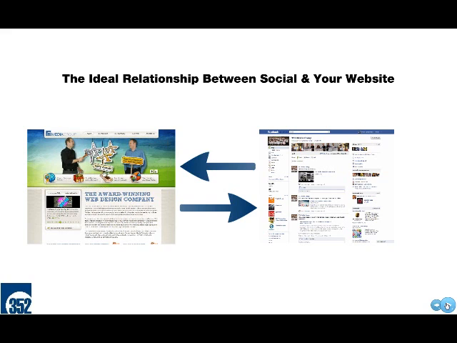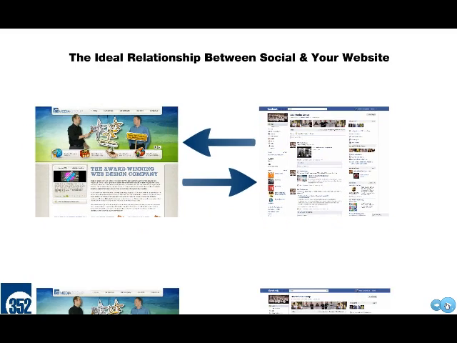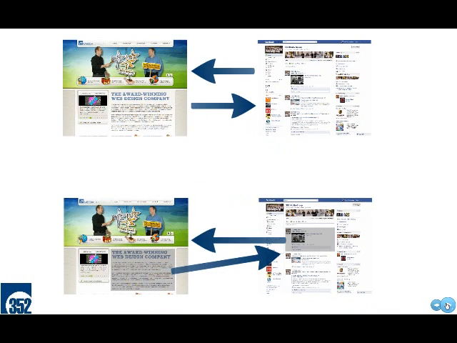The relationship between the website and the Facebook page typically looks like this, where you've got your site and you're pushing people to your Facebook page, or you have your Facebook page and you're pushing people to your website. And that's not really the ideal scenario.